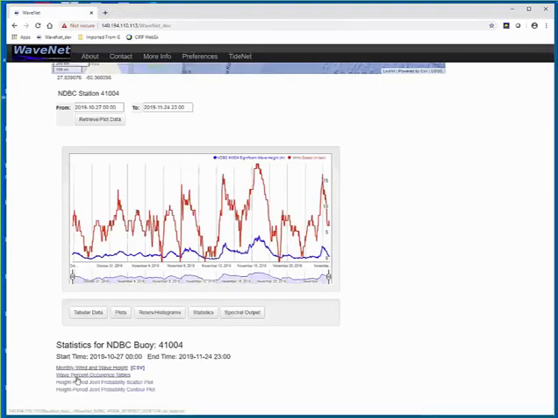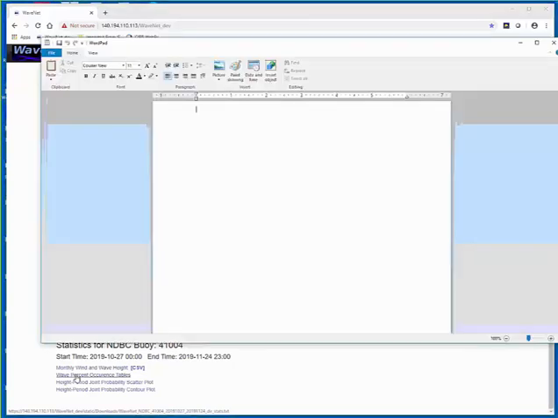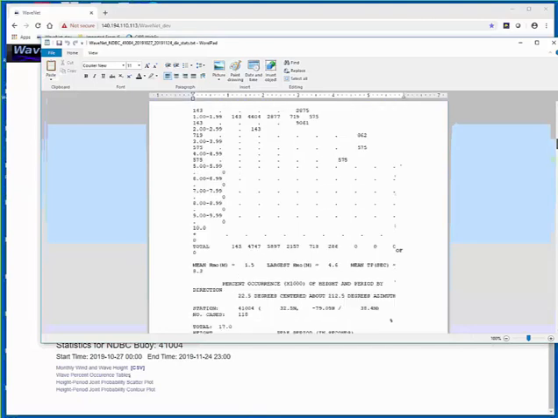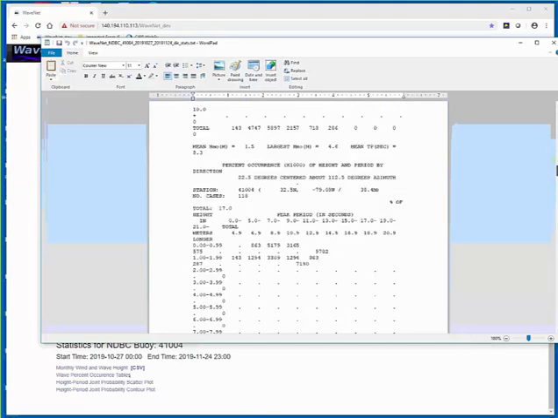As far as percent occurrence tables go, these are similar to what you get from WIS. Depending on the browser or text editor that you're using, it will appear different. On this machine, basically, a Word file looks like this.